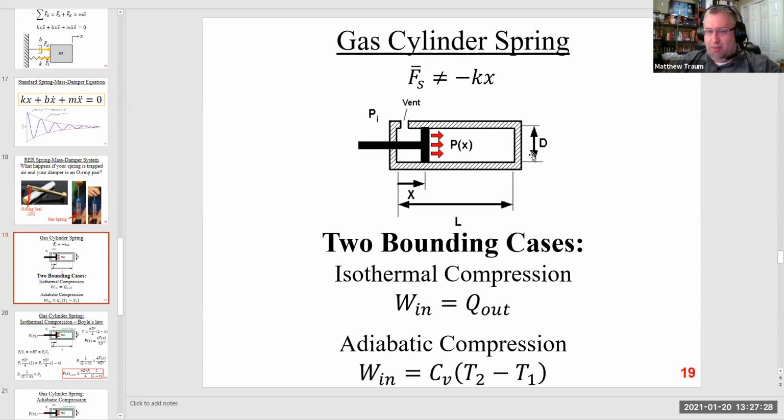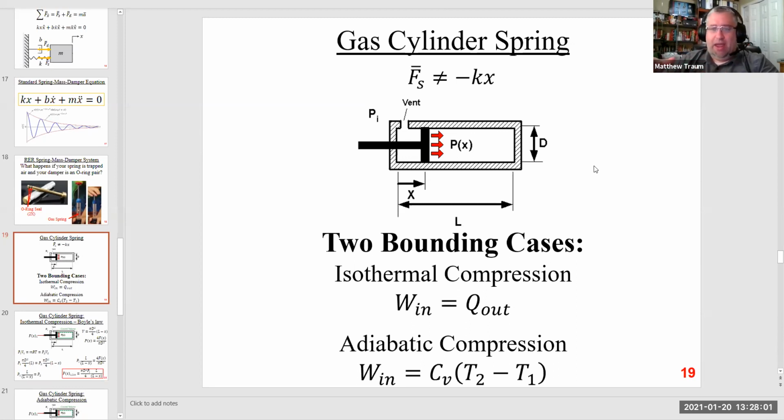So in doing this compression, if we do it isothermally, we're going to be doing it really slowly. What's going to end up happening is we're going to put a little bit of work into the piston, and that work is going to go into the gas contained in this space. The gas is going to see a very slight increase in internal energy, which corresponds to an increase in its temperature. That very slight increase in temperature is then going to create a temperature gradient between the gas and the surrounding wall. And so there's going to be heat transfer from hot gas to cold wall.